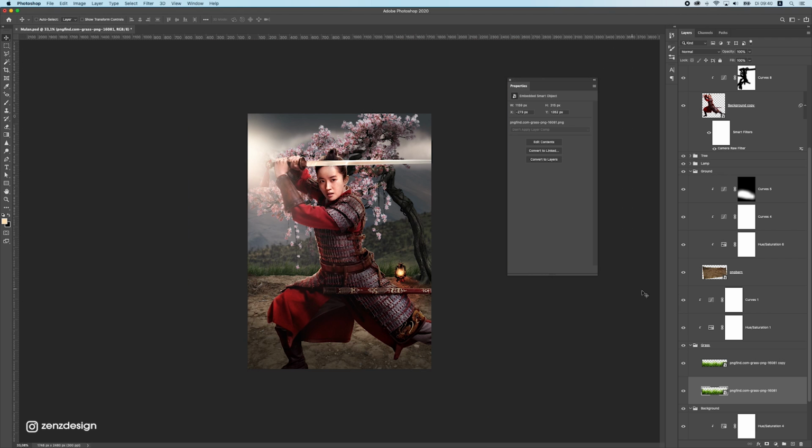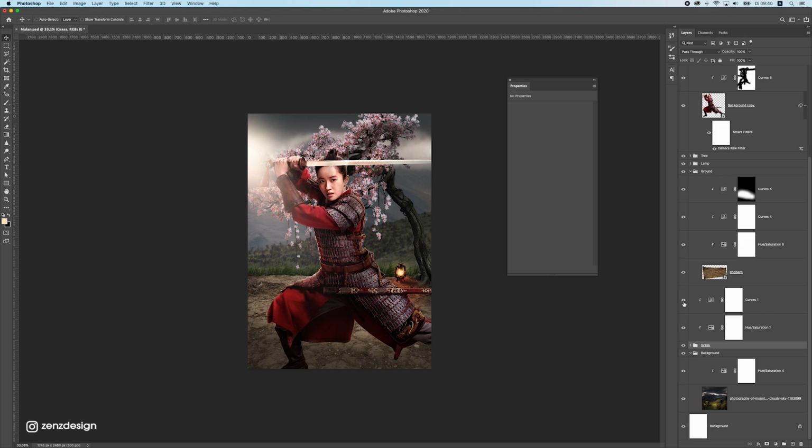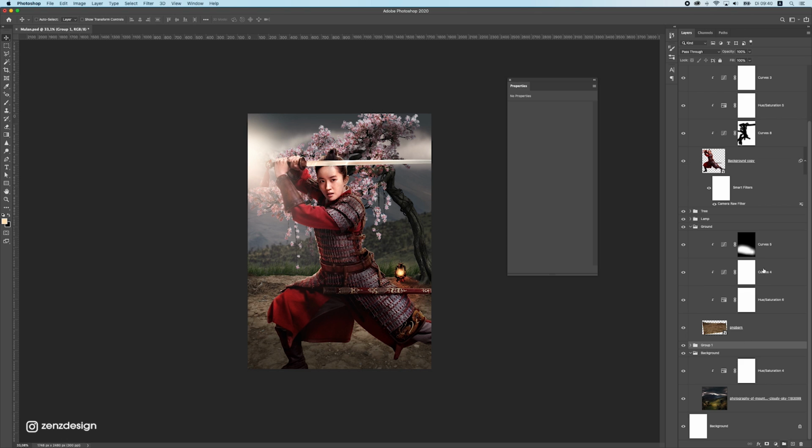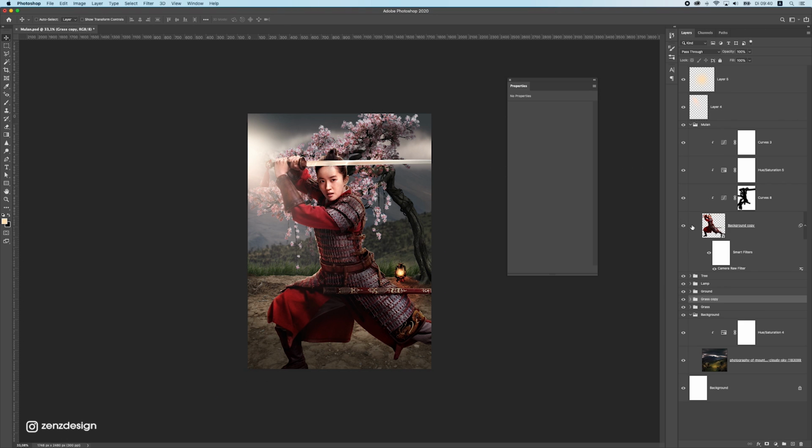And now we can add this grass also in front of her. So I have this grass folder, but we have also these layers here, so I'm gonna put this all in one folder. This is grass. If you press Ctrl J and just duplicate this, take this whole folder and put it above the other layers. Now we can put some grass here,